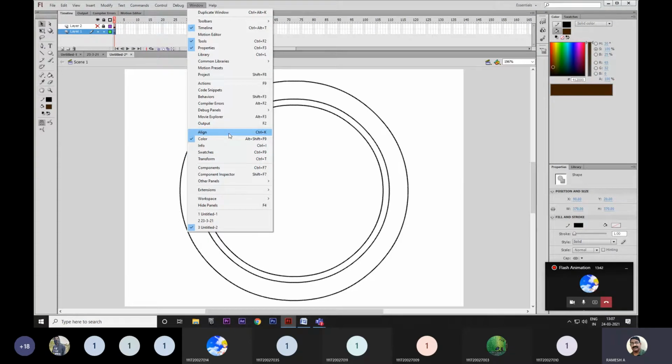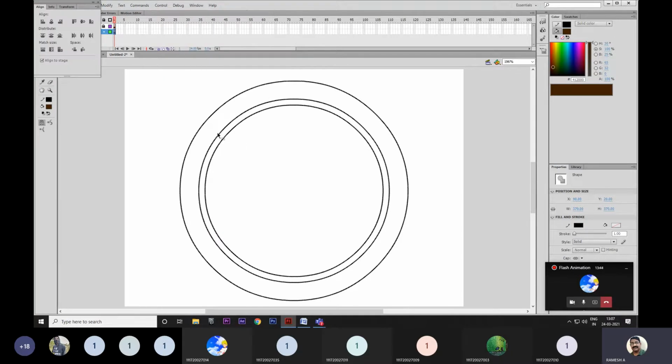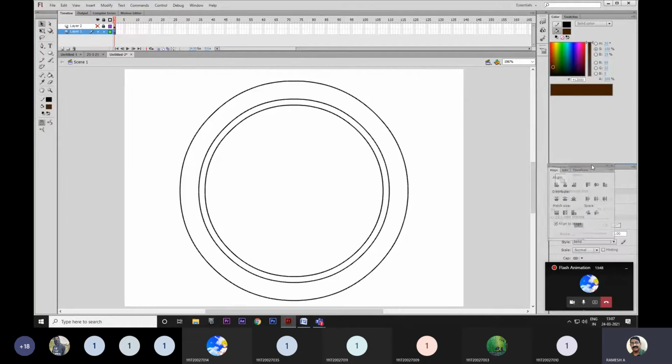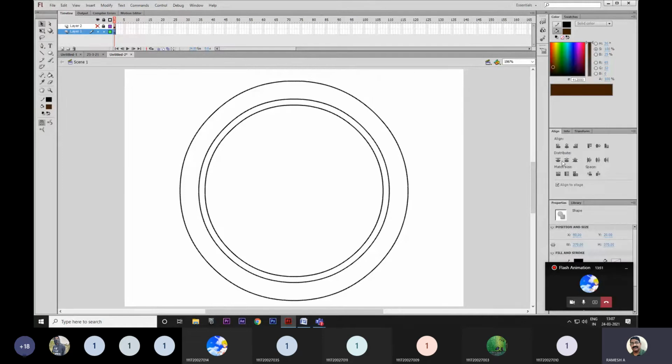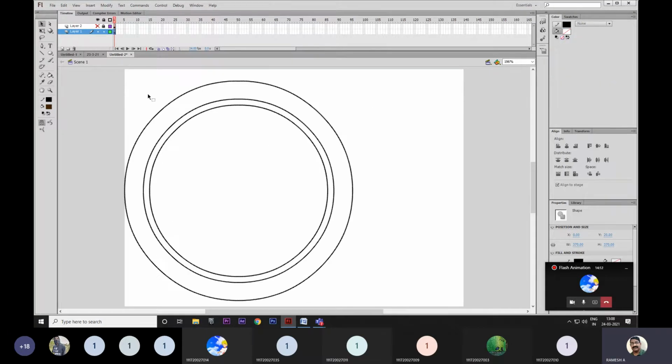Control K. See, these are the alignments. You can attach here. In this alignment, just find this. There is one line here, the left side line. Have you seen that? With the two objects, if I press this, the total image is going to attach to the left side, the left end of this area.